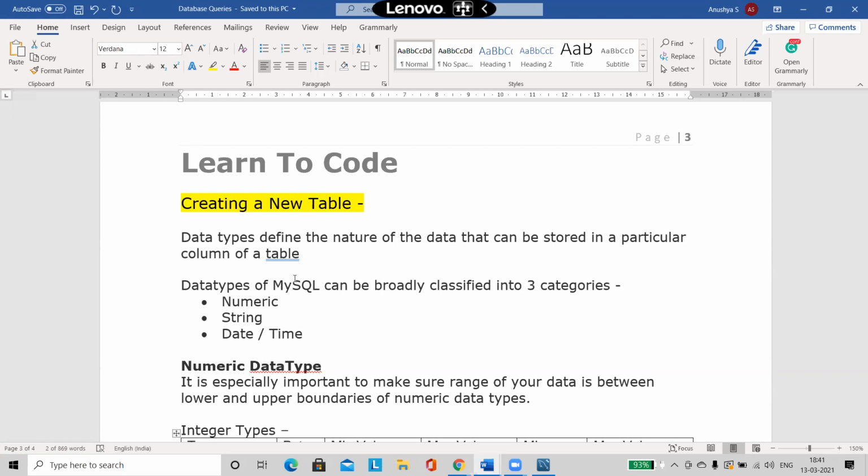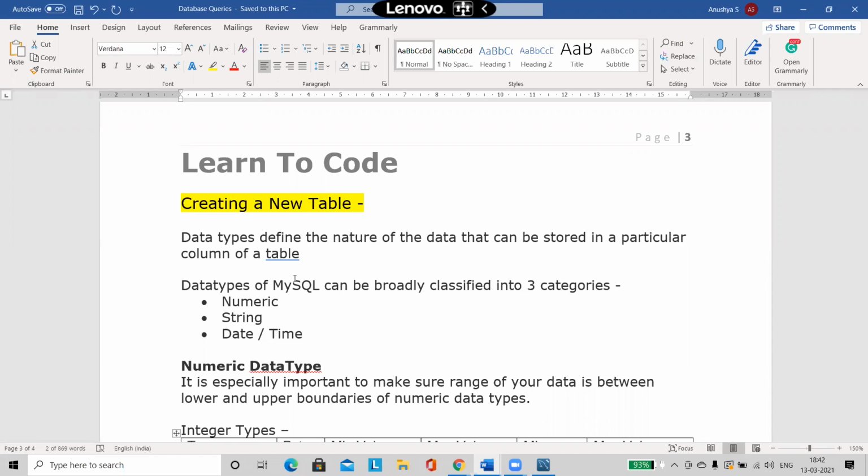So I am saying employee ID. Is my employee ID going to be numbers, or is it going to be some string values, that is some alphabets and then numbers like that? How is the column going to hold the data? What type of data is my column going to hold? That is determined with the help of the data types. So before actually going to the create table concept, you should know what the different data types are that MySQL supports. When you know that, only then will you be able to create the column with that particular data type.